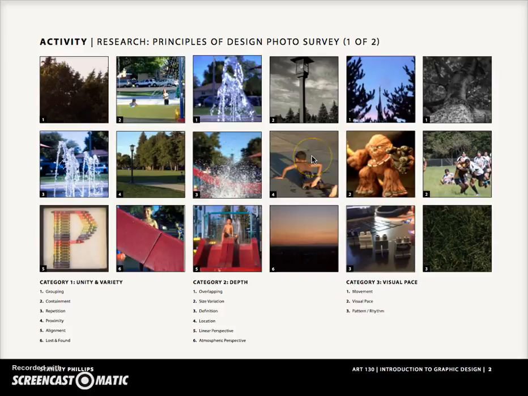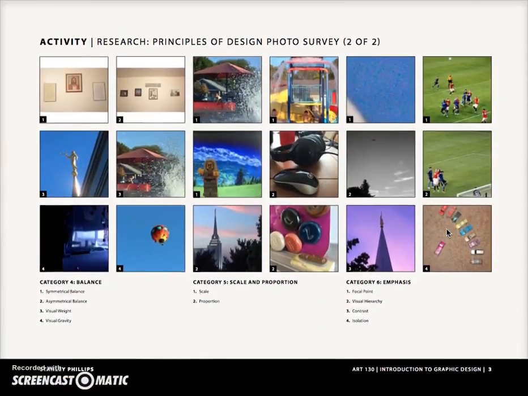One thing I was a little confused on was the principle of location. Maybe it's because he's on the ground, creating some depth there, but maybe it could have been pushed a little more. I felt like there were multiple pictures used, or maybe too many of the same subject, so you could have explored that a little more. Over here with focal point, my eye kind of goes around it, and I'm not quite